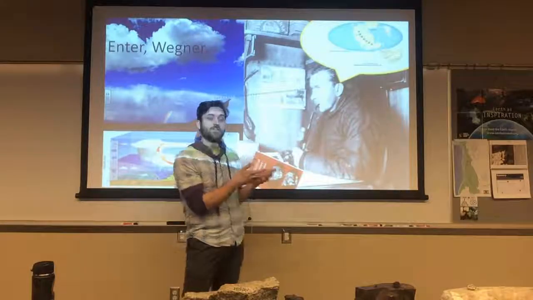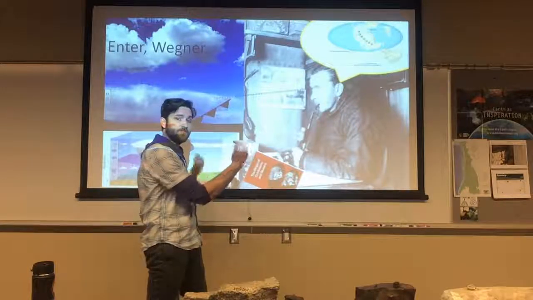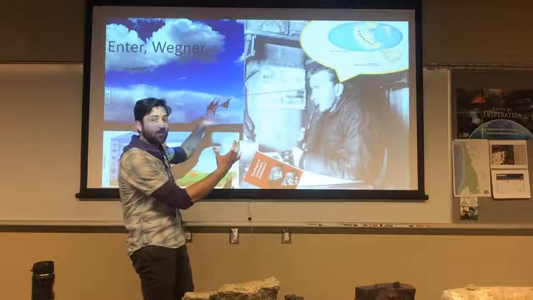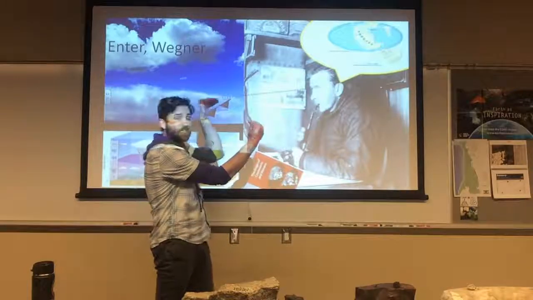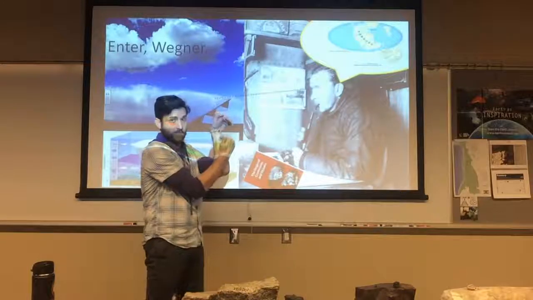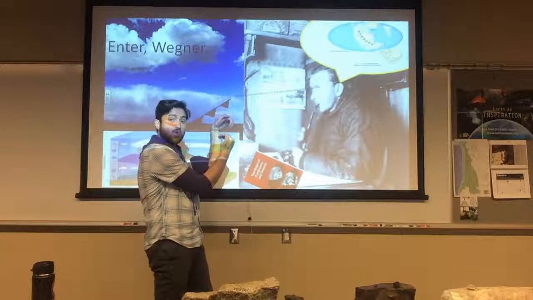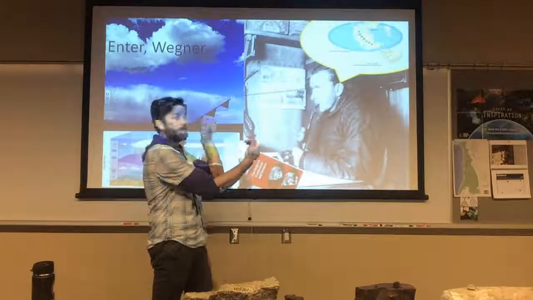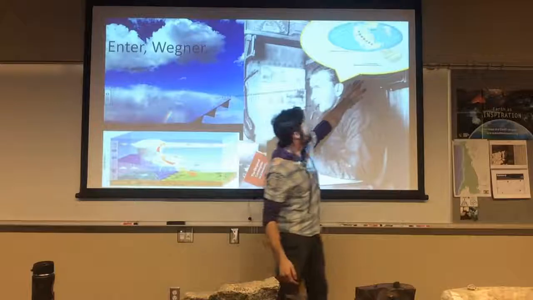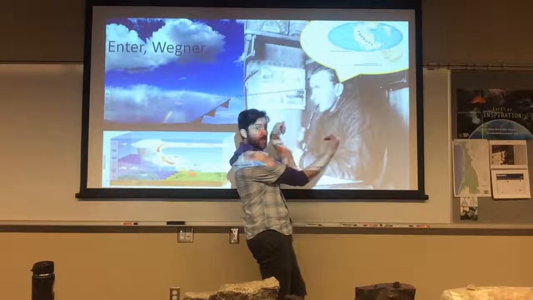Post-World War I, we started to get a lot better maps of the Atlantic margins. Alfred Wegener had this hypothesis that maybe the geometry of Africa and South America and North America and Europe, or the Straits of Gibraltar, that those things fit together like puzzle pieces. And that maybe the continents were actually connected and have drifted apart over time. That's what became known as continental drift. The continents have drifted away.